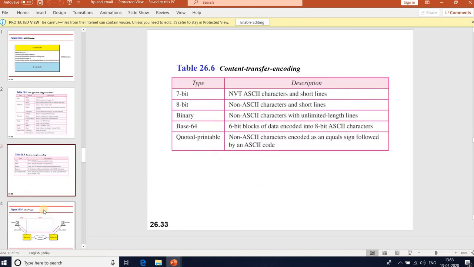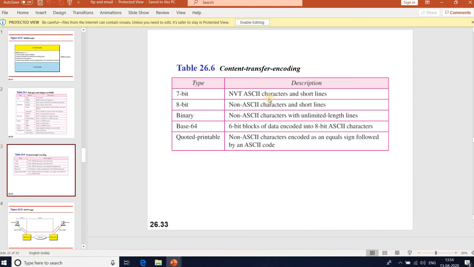Coming to content transfer encoding, the third header. This header defines the method used to encode the message into zeros and ones to transport it. The types are 7-bit, 8-bit, binary, base64, and quoted-printable. 7-bit is NVT ASCII characters and short lines. No special transformation is needed.